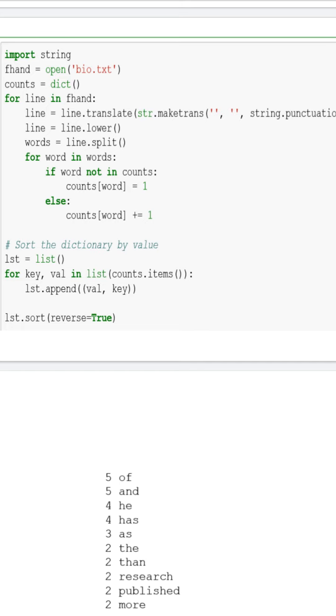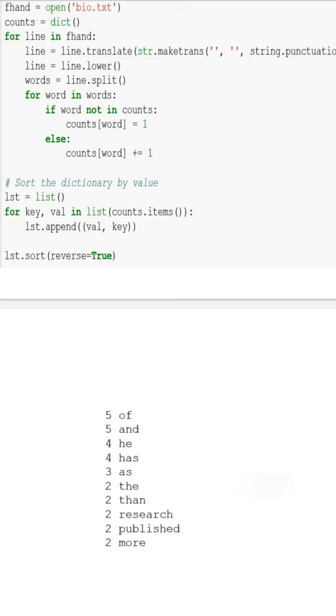After that, if you observe, I am calling a list constructor to create a list variable, that is LST. Now our dictionary counts has all the elements as key-value pairs. The key is our word, and the value is the number of times it is repeated, that is the count.